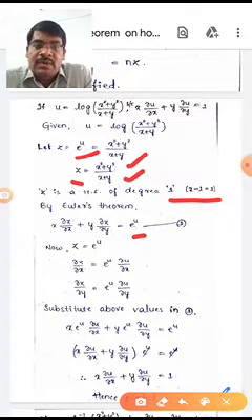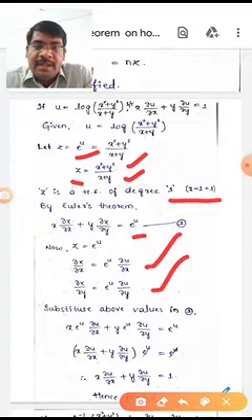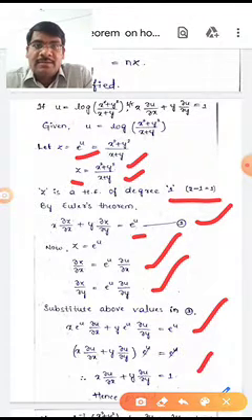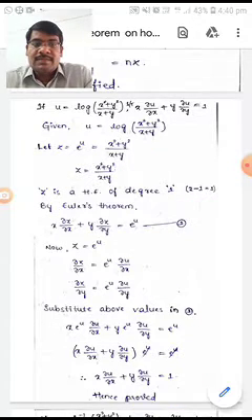Here z is equal to e power u. Dou z by dou x is equal to e power u dou u by dou x. Dou z by dou y is equal to e power u dou u by dou y. Substituting these values in the given equation 1, we are getting x into e power u dou u by dou x plus y into e power u dou u by dou y is equal to e power u. On both sides e power u is common. We are getting x dou u by dou x plus y into dou u by dou y is equal to 1. Here we have got the result.